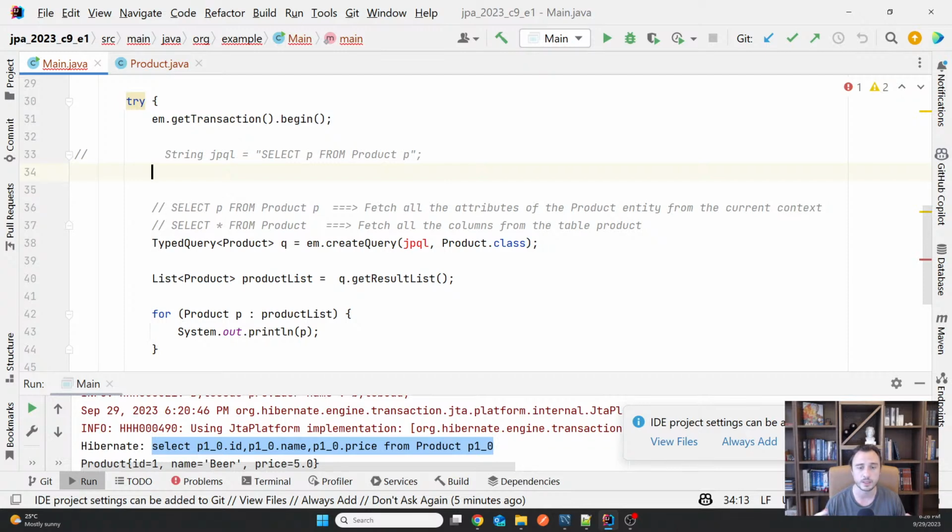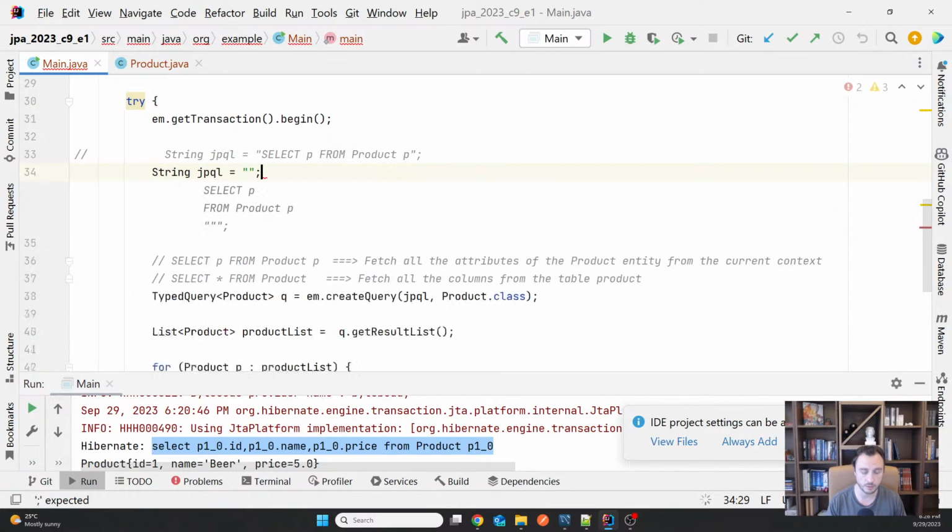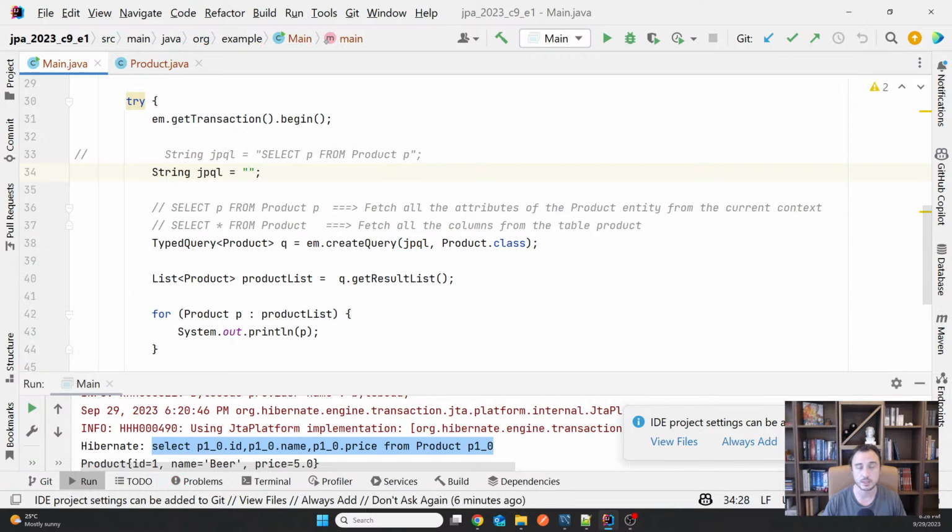So knowing the basics of native queries, so knowing the basics of SQL, you will be able to do everything in JPQL. And for example, as that's the next thing I want to show you, you might want to use